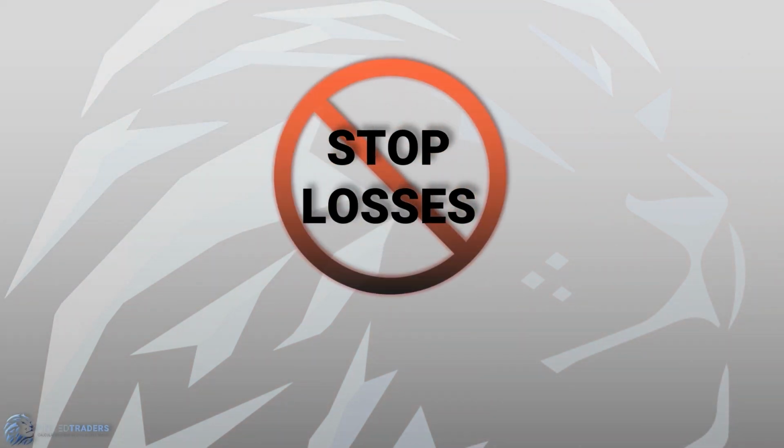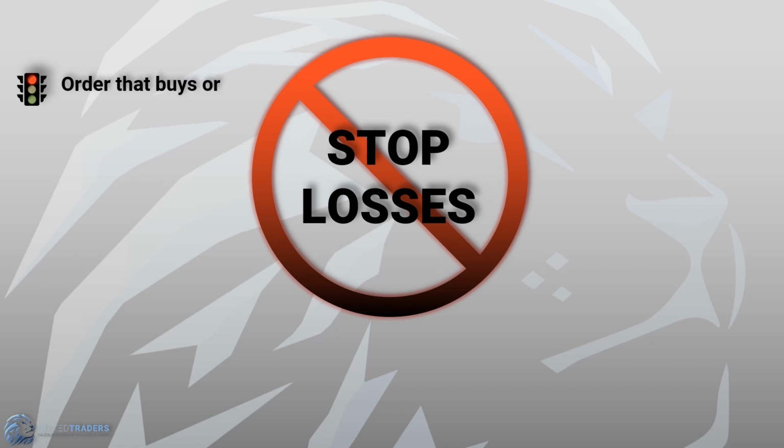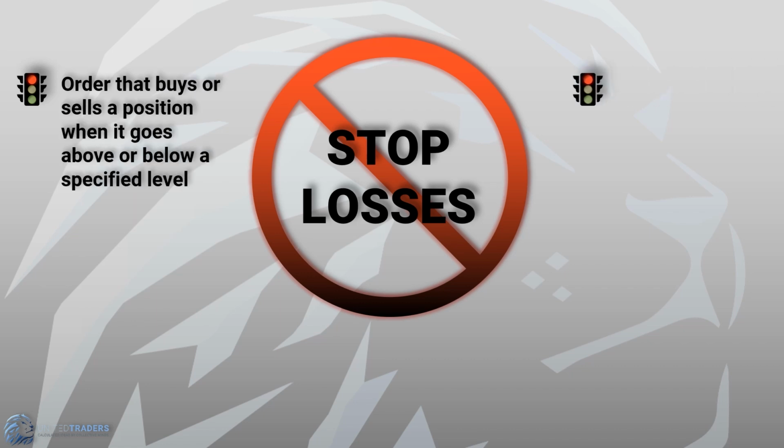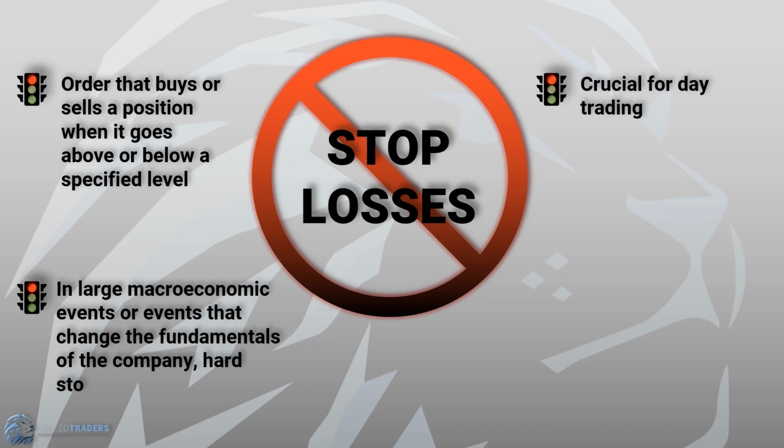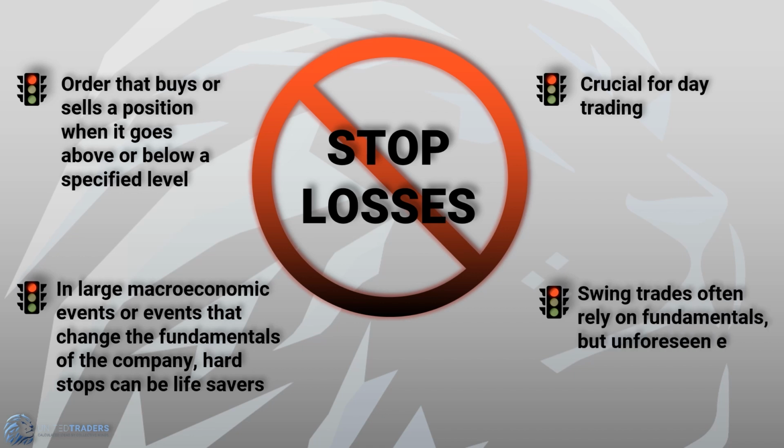Stop losses are orders that automatically trigger the close of a position when the price trades through the stop level. Stop losses are crucial for day trading because it is common for massive unexpected moves in stock prices to occur more quickly than the trader can react and execute a new trade order. In swing trades, the necessity of stop losses is more up to the trader's preference and system. This is because the trader usually has time to react and make a judgment call on a rapid movement against their position.